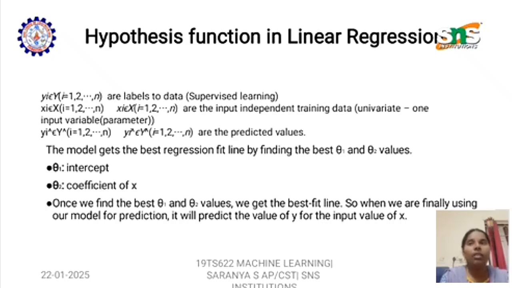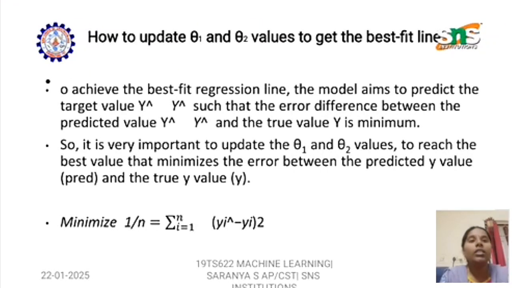So when finally using the model for predictions, it will predict the values of y for the input values of x. Then how do we update the theta 1 and theta 2 values to get the best fit line? To achieve the best fit regression line, the model aims to predict the target values